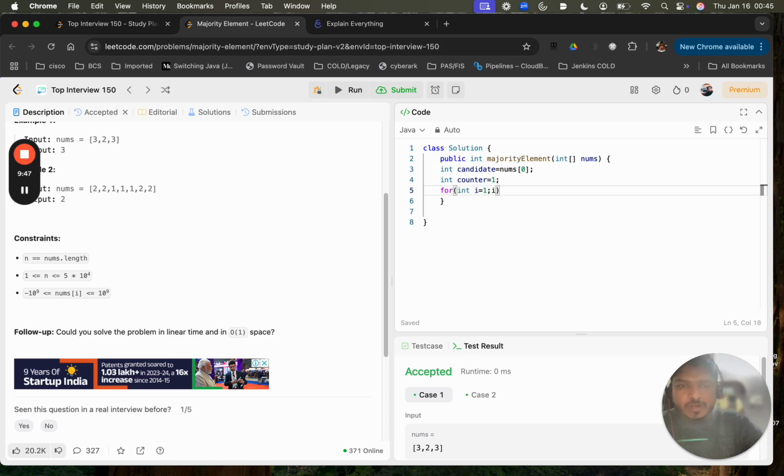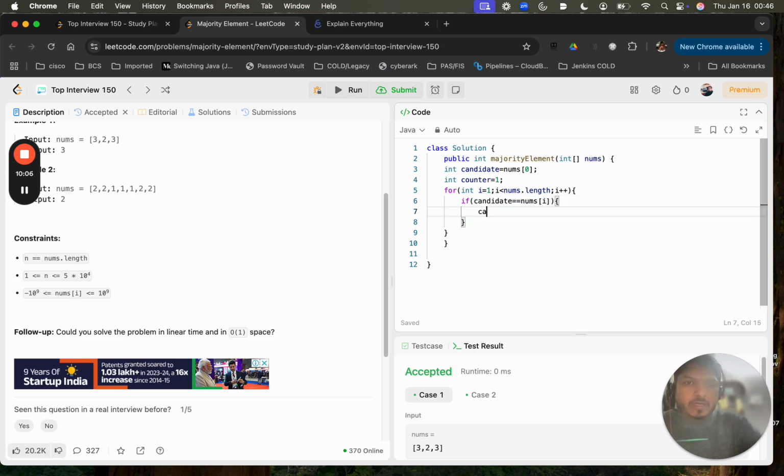Then after that, we compare this potential candidate with nums candidate. If it is matching, it means he got another vote, so I'll increase my counter. But if it is not matching, it means indirectly he's losing one vote, right? And I said if the counter becomes 0,